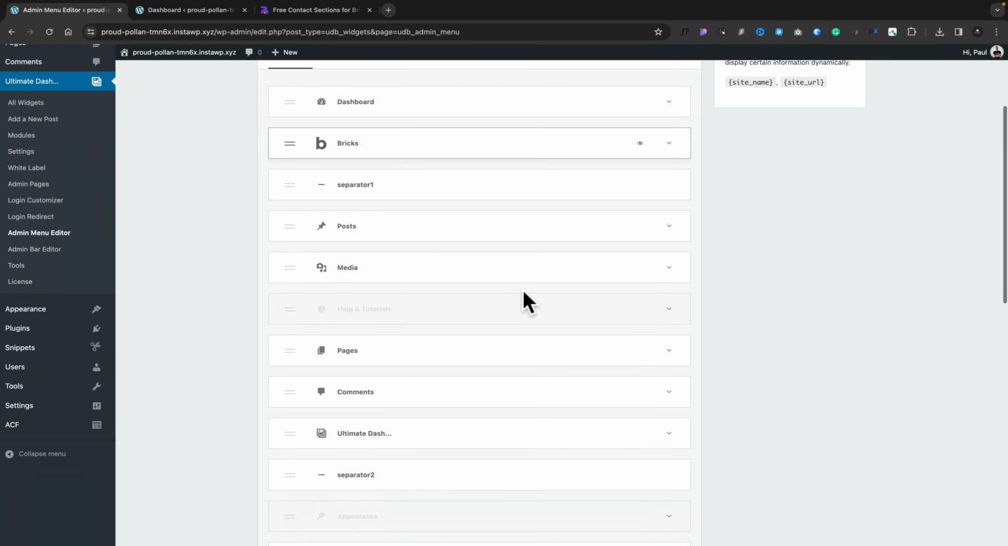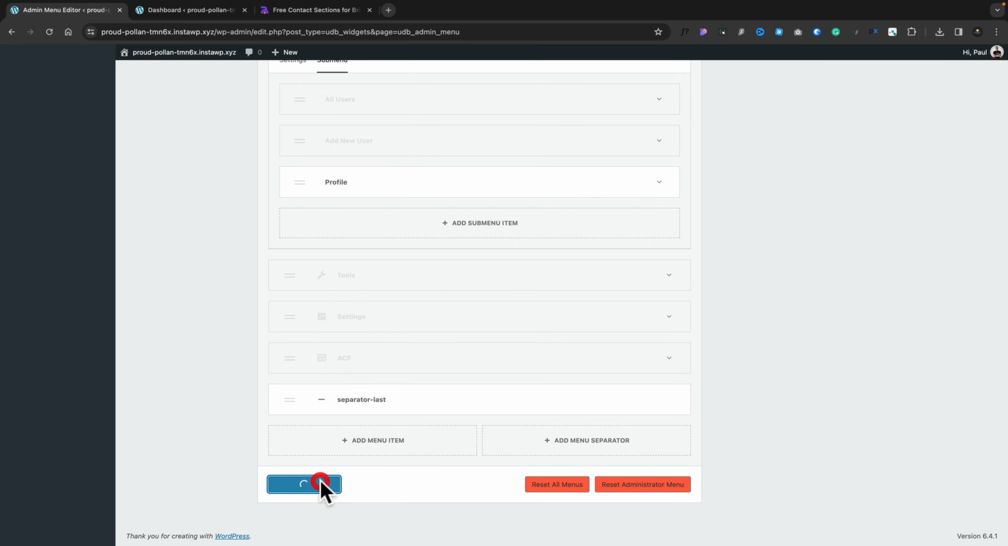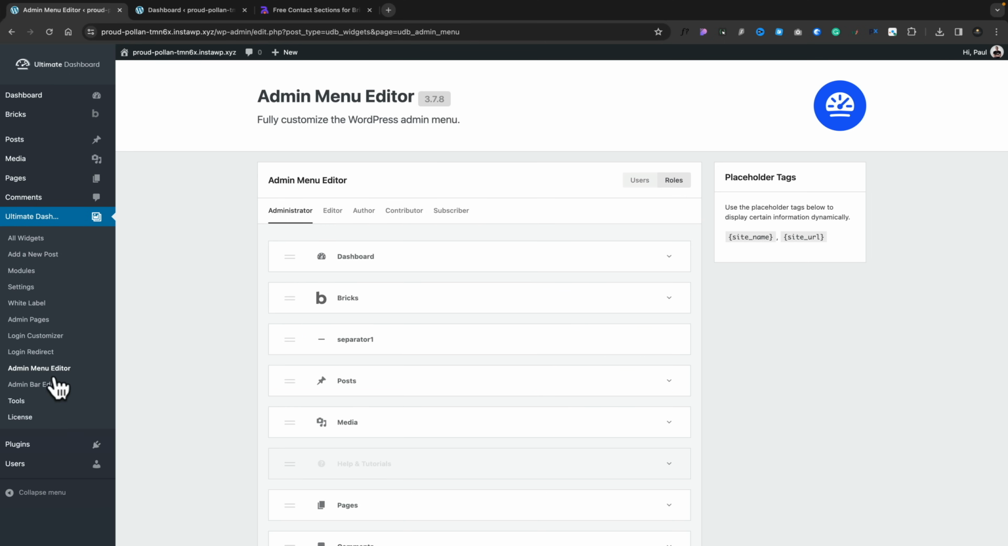Now we've got everything set up the way we want, and now we'll save changes. And you see now I've got a much more streamlined layout inside my dashboard. And I can just